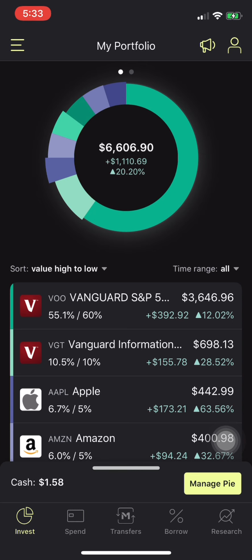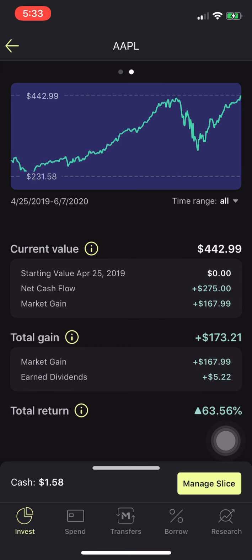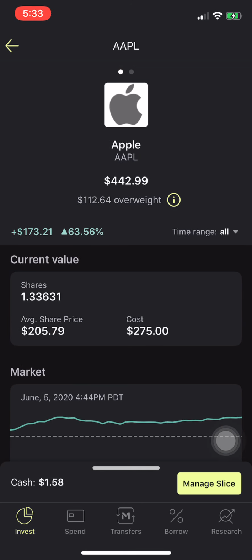Next is Apple. This is up 63%. You can see that market gain up $167, almost $168. Earned dividends was $5.22. So Apple, they're a consumer electronics company. Biggest revenue generator is iPhones. And I see this continue growing and paying their dividends in the long run. And I see them also increasing their dividends as they continue to have more cash from generated revenue to distribute